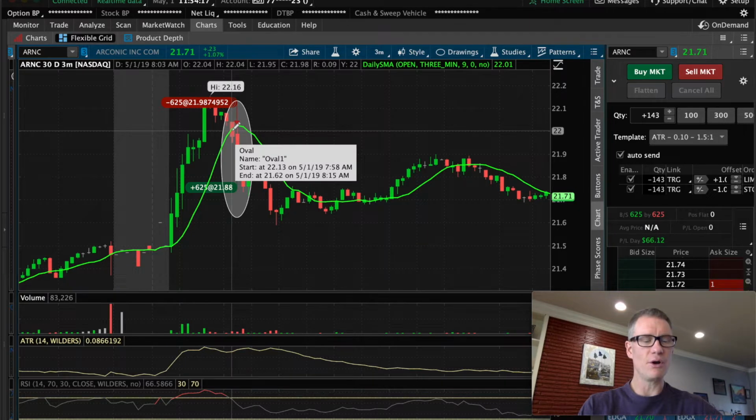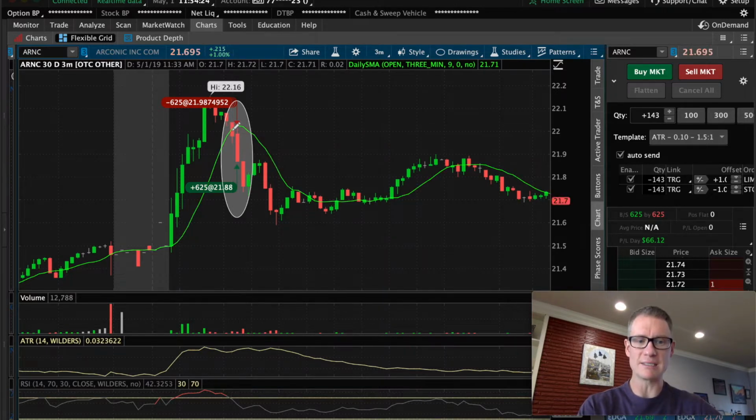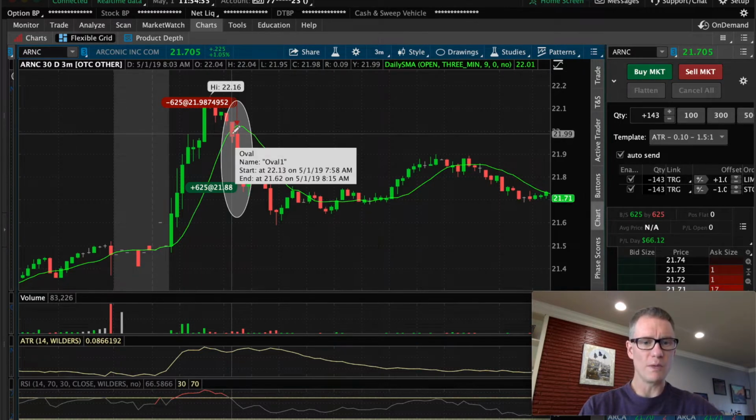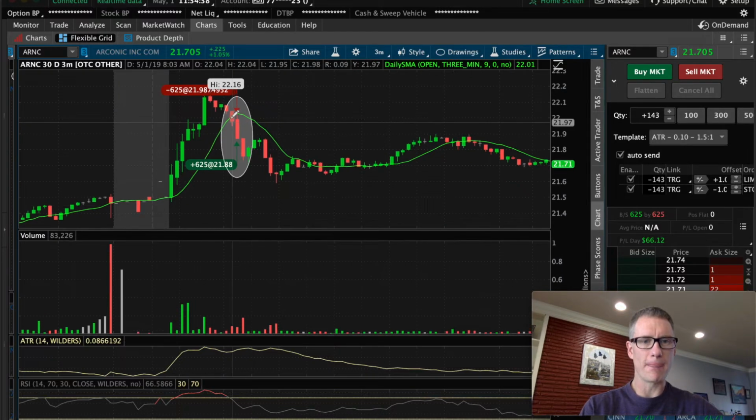The ATR on it was 8 cents, so I was going to set a take profit at about 1.25 to 1 risk to reward on that 8 cents. So my stop was 8 cents, my take profit was going to be right around 10 cents. So you can see as this crossed, if I drag up the volume a little bit here, you cross here,